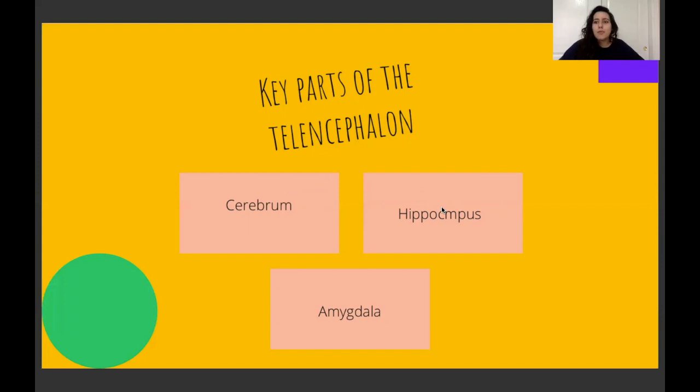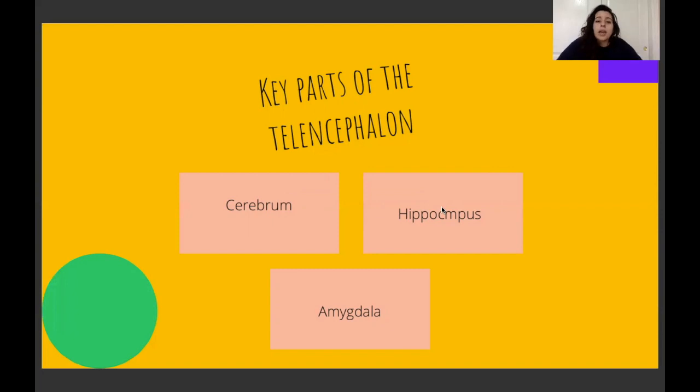I still remember some of this stuff from high school. I remember my high school teacher was so good at helping us memorize things. For example, for the hippocampus, he told us, imagine that there's a hippo that's lost on campus. How is he supposed to remember where his classes are? Through his hippocampus, because the hippocampus has memory functions.